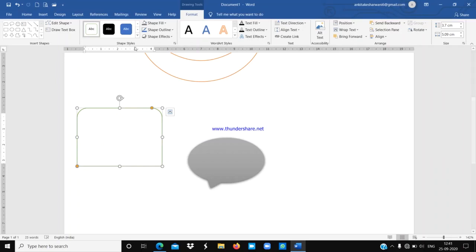Practice makes a man perfect. So I am writing here, practice makes a man perfect. Also you can change the style of the shape.